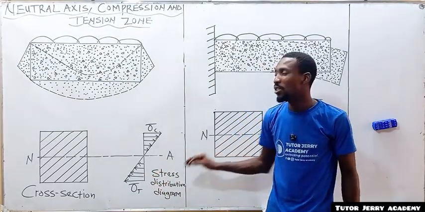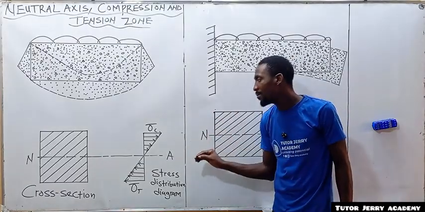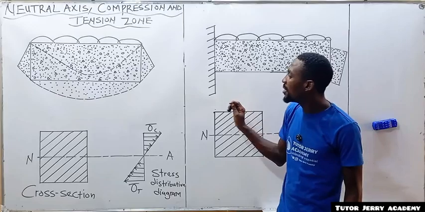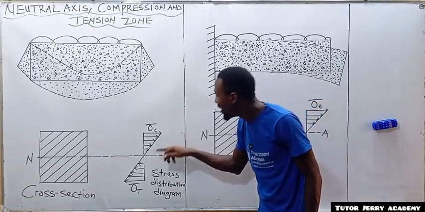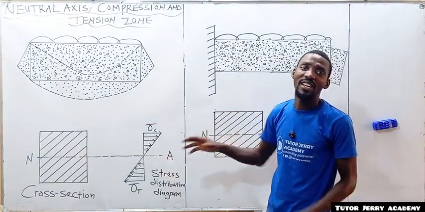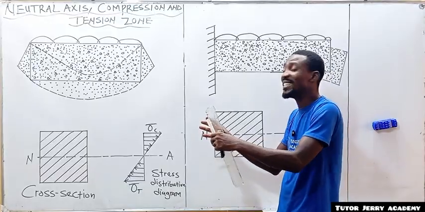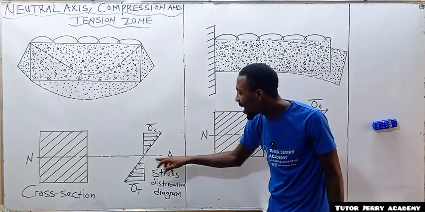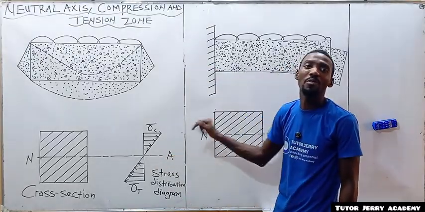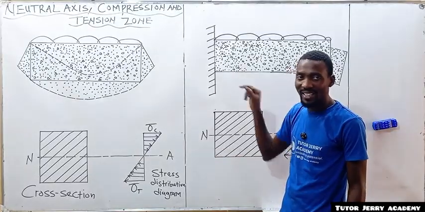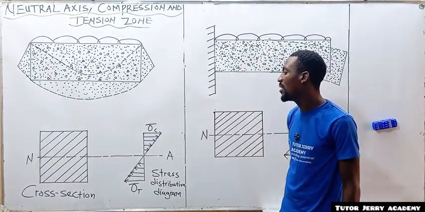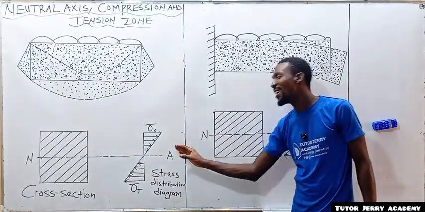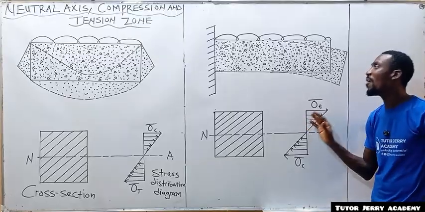increasing. Is that clear? So you need to note that in our stress distribution diagram, from the compression region down towards the neutral axis, there is a decrease in stress as we move down the depth, and from the neutral axis down to the bottom, as we move along the depth, there is an increase in stresses. Is that clear? So that is just what you need to know. And now the reverse is the case for our